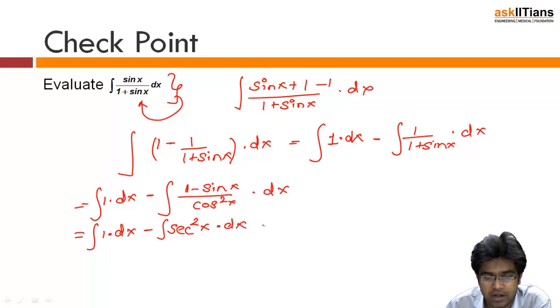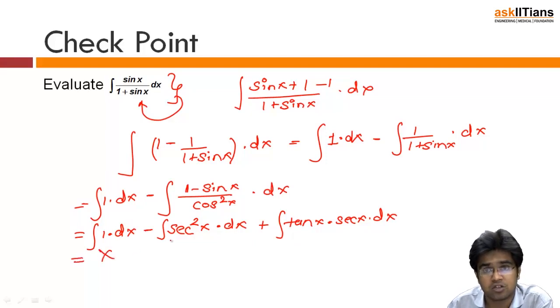So dx, and again applying the distributive property, plus integral of 1 sin x upon cos x is tan x, and the other 1 upon cos x is sec x dot dx. Now can you see, d by dx of x is 1, so integral of 1 will be x. D by dx of tan x is sec square x, so integral of sec square x will be tan x. And d by dx of sec x is sec x tan x, so integral of sec x dot tan x is sec x. Okay,